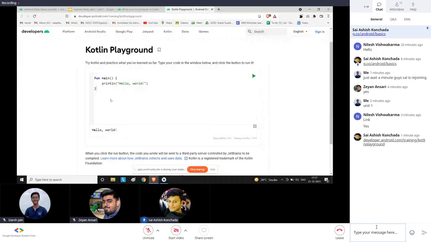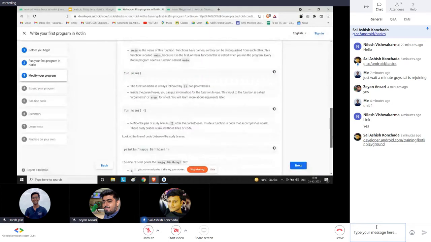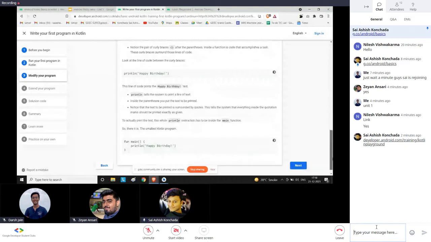And what this exercise asks in the third one is to modify a program to say something like happy birthday. So if you just change it to happy birthday, it will just print happy birthday. That's how easy this one is. And it will tell you how it runs. You can even read it, and I've just explained everything mentioned in this text.